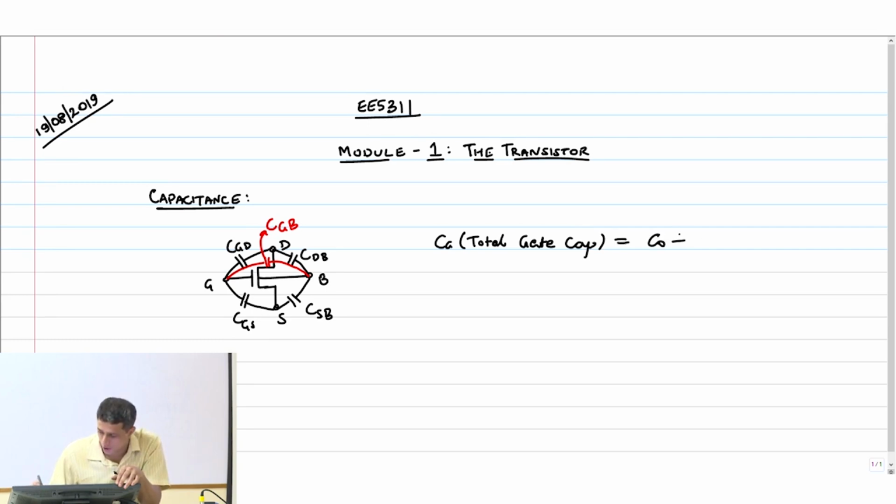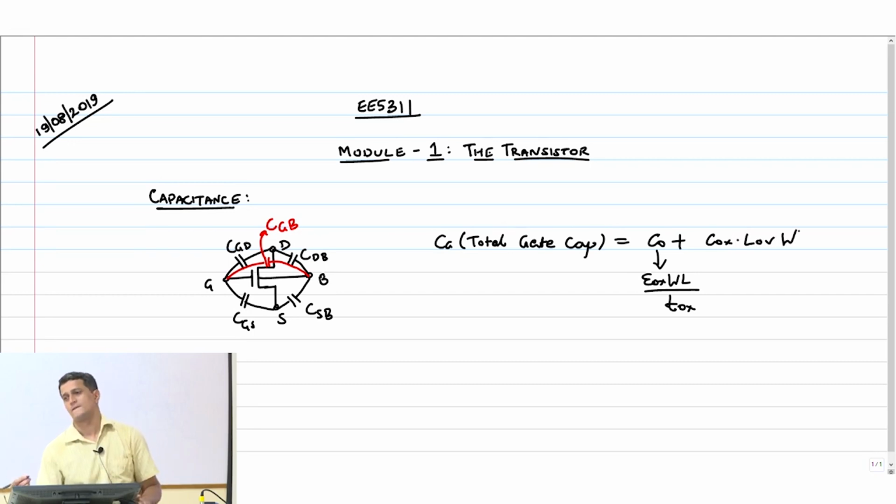Just C naught, right, which was epsilon ox WL by T ox plus what is it? C naught into C ox into L overlap into W, 2 times. Perfect. Okay. So now